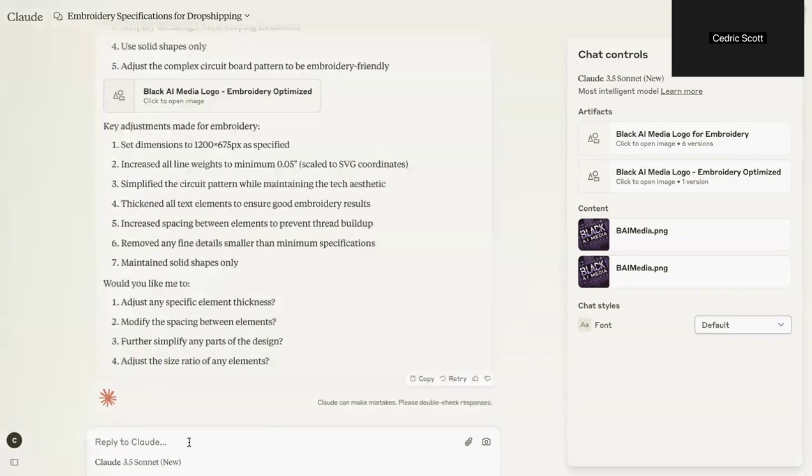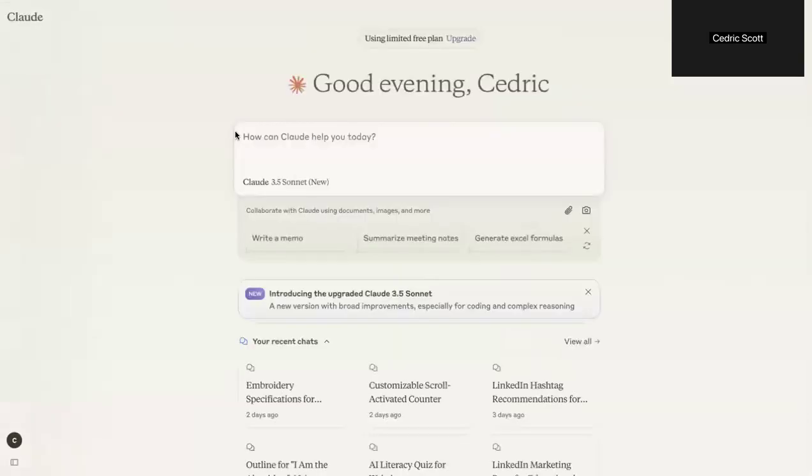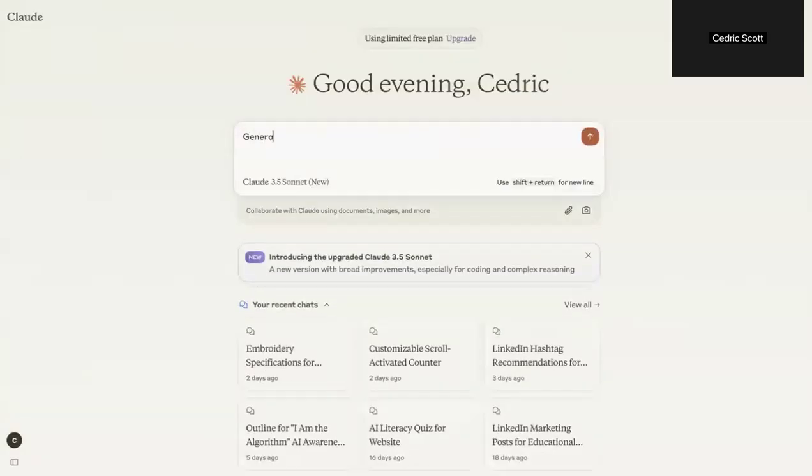But again, if you go in here and just give it those prompts, similar to what we were talking about before with ChatGPT, I'll use one in this case. Before I used an email. Let's talk about social media production, maybe, or creating content. So let's start a new chat. And let's say for Black AI Media, I want to generate 10 social media posts, or let's say LinkedIn, promoting